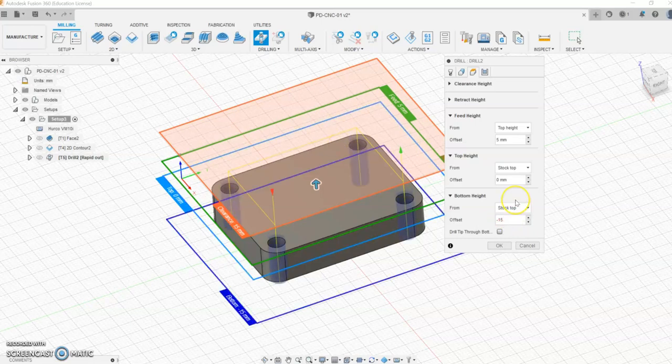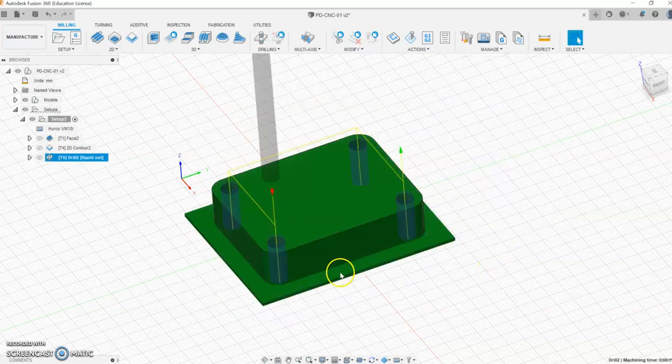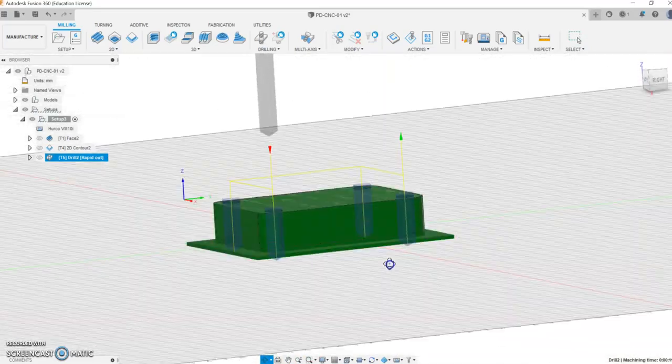And I know I'm drilling the whole way through the stock, and the hole is true. And that's usually a good thing to do. The only thing I need to make sure is that there's nothing underneath the component, like a parallel or something like that, that the drill could hit. So I'll hit OK with that again, and I can see the yellow tool paths. Okay, and I can see